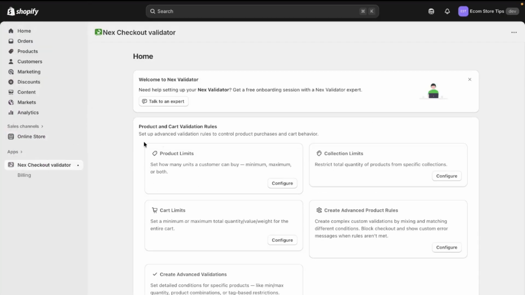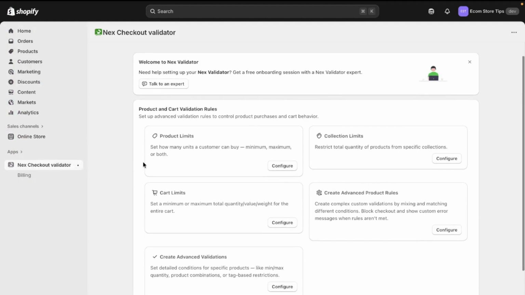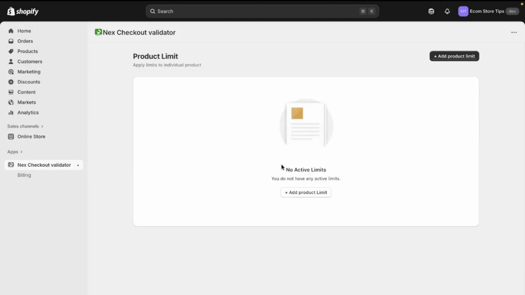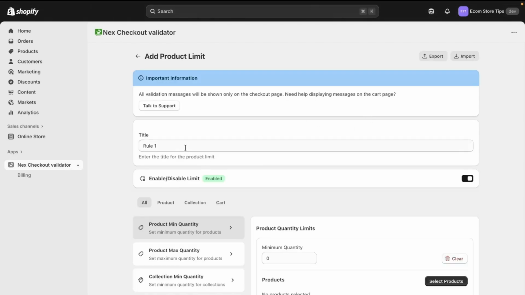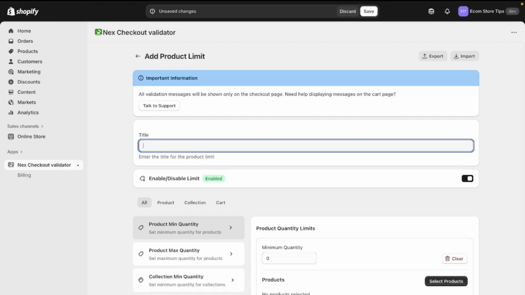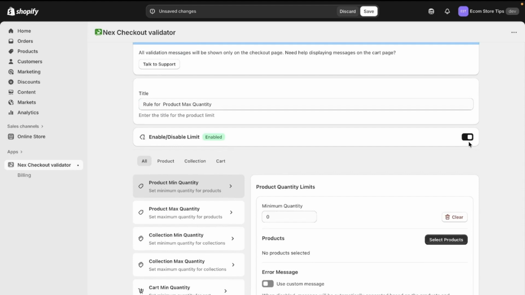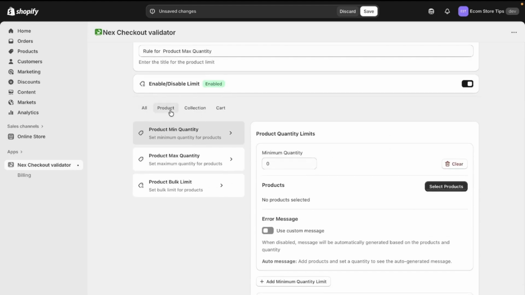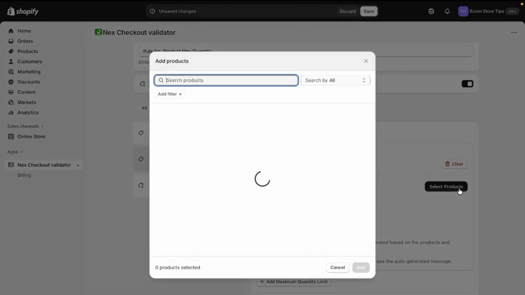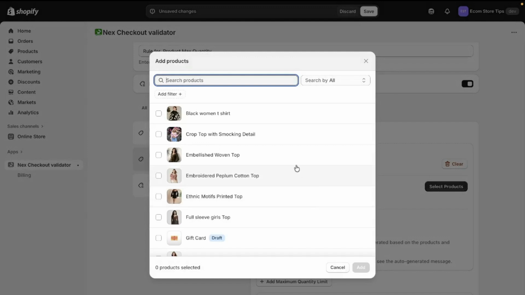Now, after installing the app, open the app from the Shopify admin panel and click on the Configure button from the product limits. First thing, you have to give a proper title so that you can easily identify this from the set of rules. Let's say I'm just adding the title as Rule 4, Product maximum quantity, and make sure that this rule is enabled. In the products tab, go for the product maximum quantity, let's say 10,